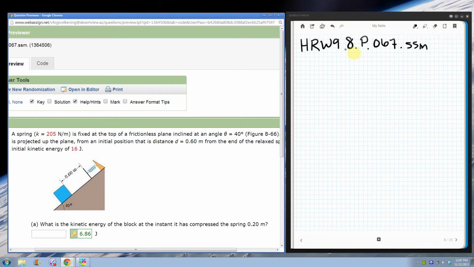This is HRW98P067. We have a spring, with spring constant k, fixed at the top of a frictionless plane, inclined